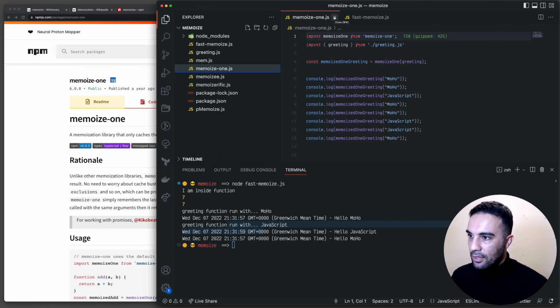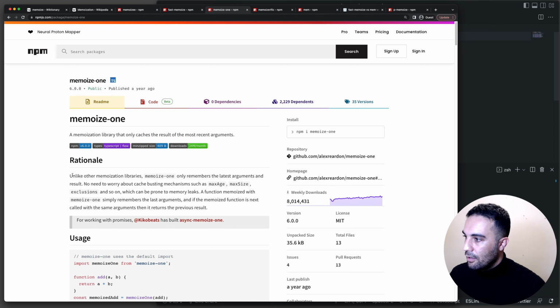So memoize-one is a little bit different. If you read this one, it says, unlike other memoization libraries, memoize-one only remembers the latest arguments and result. No need to worry about the cache busting mechanisms such as max age, max size, and everything else. Basically, what it means, if you look at the example, so if you call memoize add with 1 and 2,